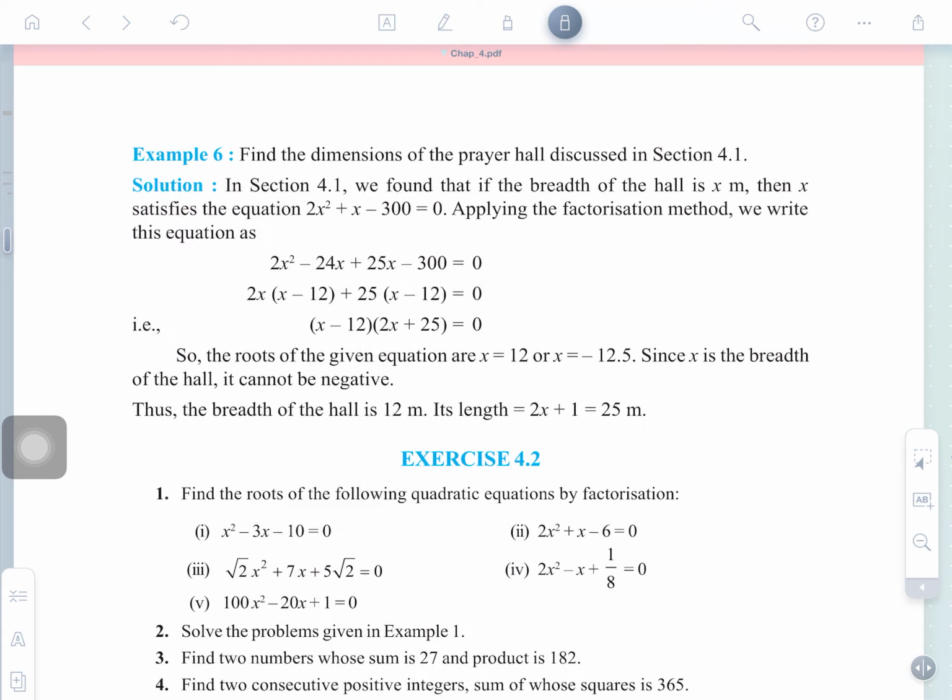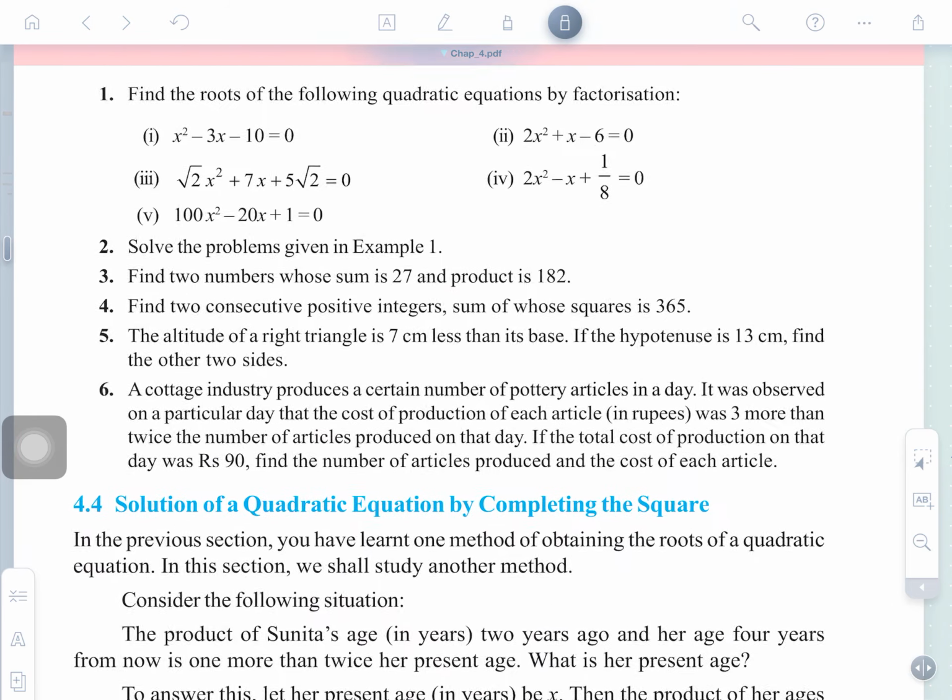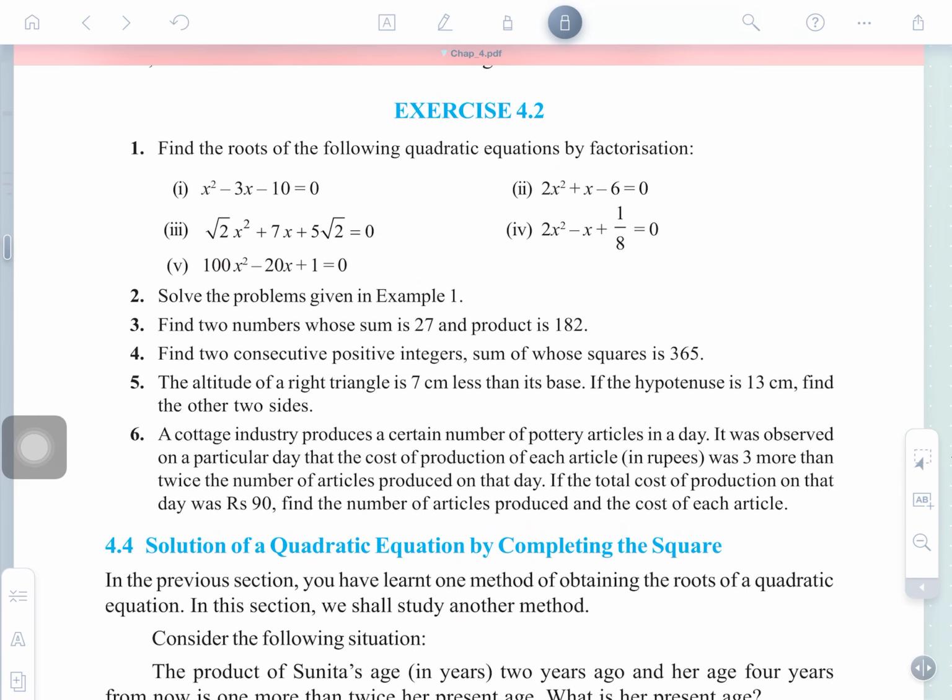Now next there is the word problem, the same is to be done here. So different questions are there in exercise 4.2. See guys, we are solving fewer questions from exercise 4.2, but in StudyMilk you will find a lot of questions. Okay, so your assignment for today is: the first question you will do, and the first 5 questions you will do by the middle term splitting method, and then later we will discuss also these 3 questions you will solve.